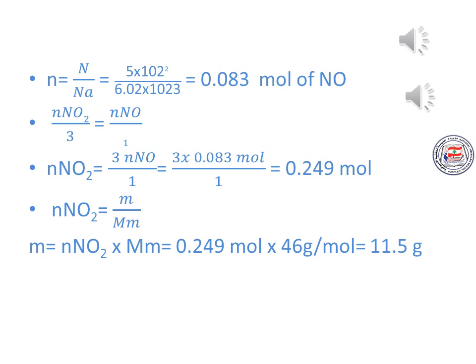of nitrogen monoxide. Then find the number of moles of nitrogen dioxide, which is equal to 3 times number of moles of nitrogen monoxide divided by 1 is equal to 3 times 0.083 moles, and the answer is 0.249 mole. The last step, find the mass of nitrogen dioxide. Mass equal number of moles times molar mass equal 0.249 moles times 46 grams, and the answer is 11.5 grams